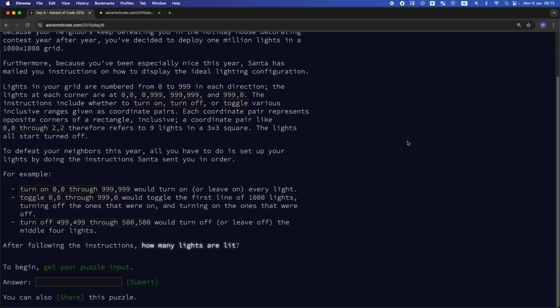configuration. Lights in your grid are numbered from 0 to 999 in each direction, and the lights at each corner are at 0,0, 0,999, 999,999, and 999,0. And the instructions include whether to turn on, turn off, or toggle various inclusive ranges given as coordinate pairs. Each coordinate pair represents opposite corners of a rectangle, inclusive. A coordinate pair like 0,0 through 2,2